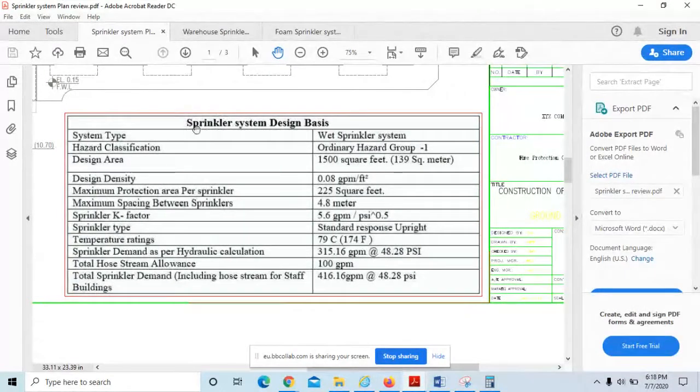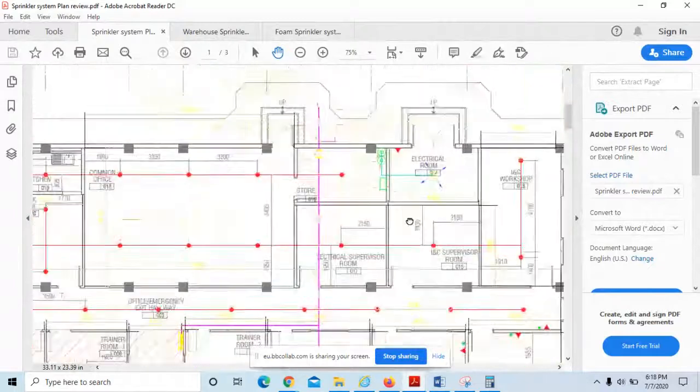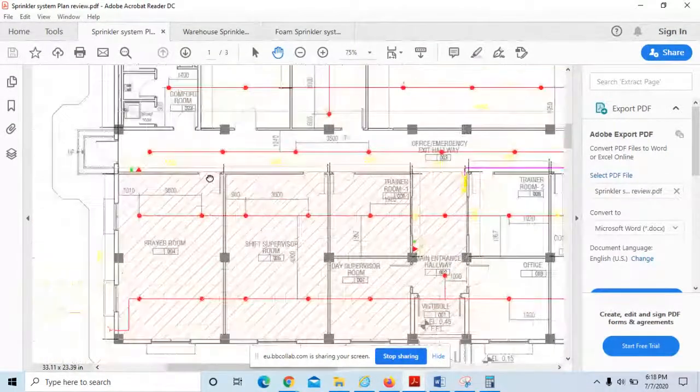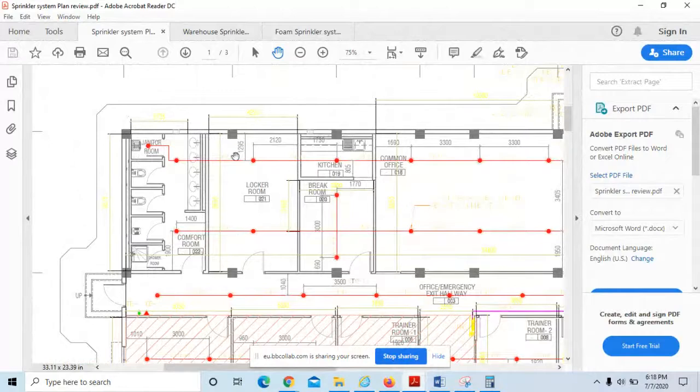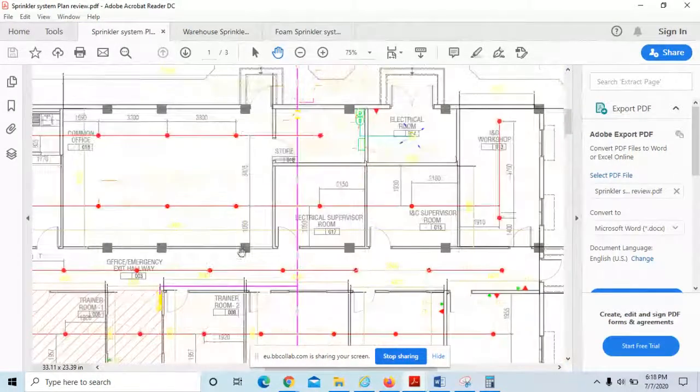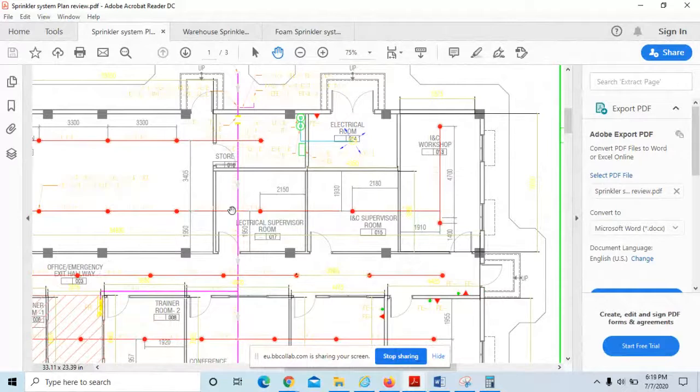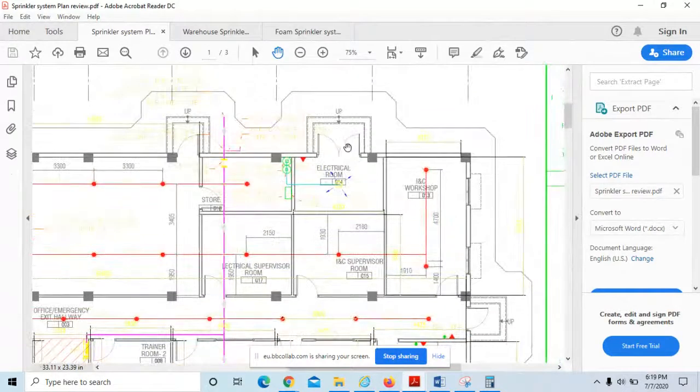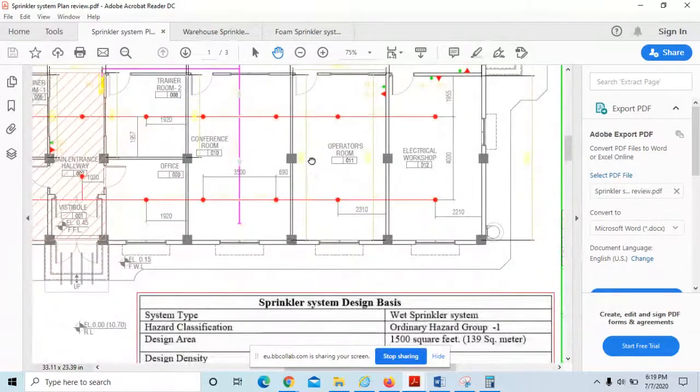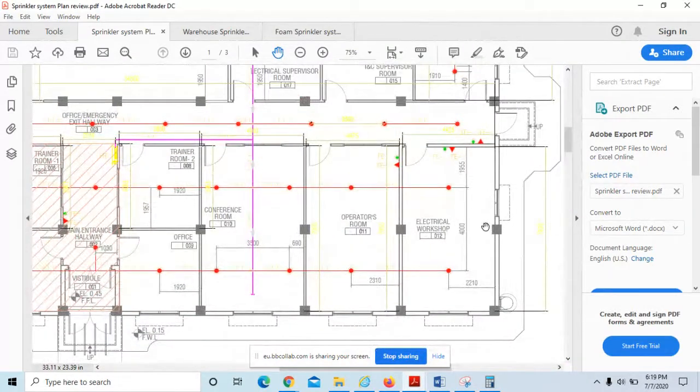If you look at this sprinkler system design, the first one they are talking about is a wet pipe system. The hazard classification is Ordinary Hazard 1. I don't know why they selected Ordinary Hazard 1 for this area, because there is no mechanical room anywhere. It's all office areas. There is only one small electrical room that is already protected with the FM200 system, with no sprinkler system in it. So there is no point in making it Ordinary Hazard 1. But if you are going higher than required, that is a plus point. There is no issue. Go with that one.